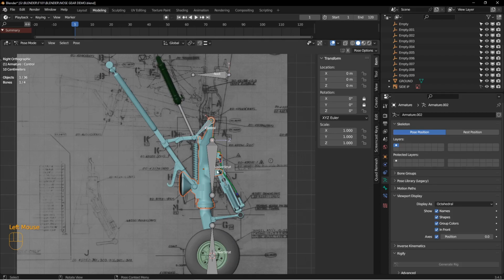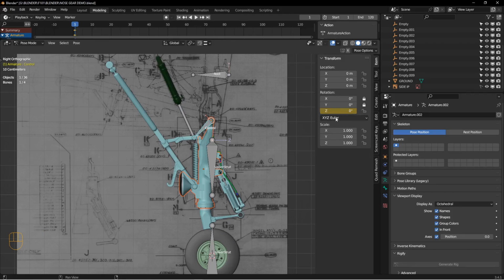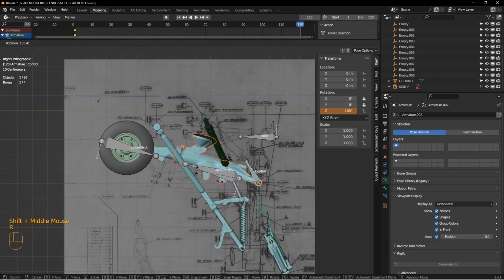So with the gear in its fully down position, I'm going to select this control bone. I'm in pose mode, and this is like the default position here. So I want to go over here, and I want to right click on the Z, and I want to insert a single keyframe. So now this is the position at frame 1, and I've got 120 frames on animation. So I'm going to go to the very end of my animation. With that control bone selected, I'm going to rotate my